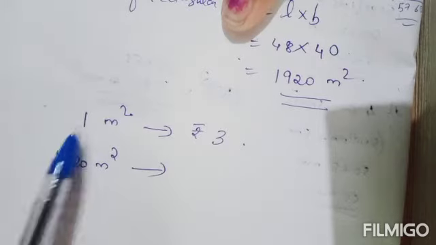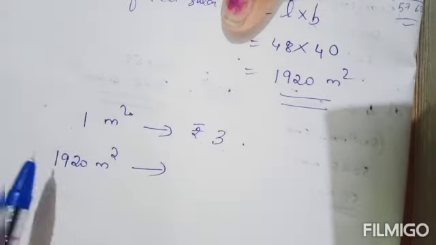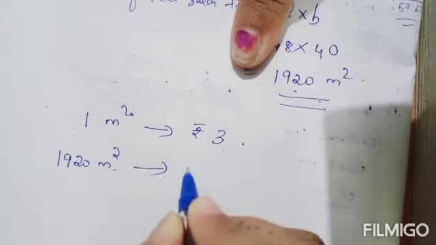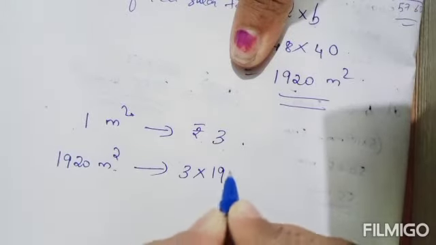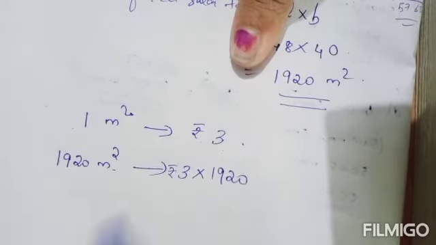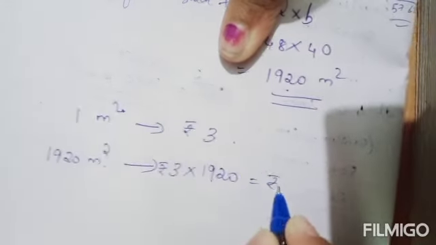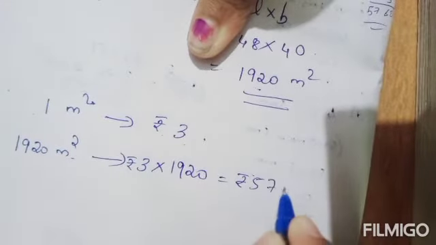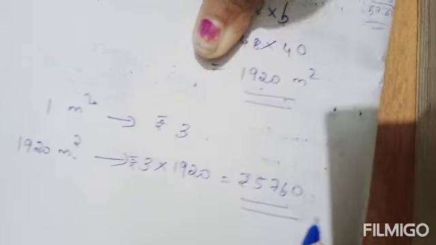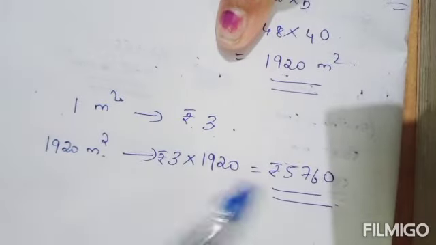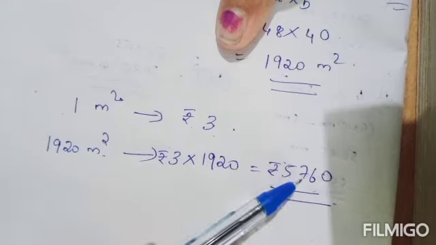For 1 meter square it is rupees 3, so for 1920 meter square you can multiply these two, 3 into 1920. This much rupees it will be. So you will get rupees 5760. Okay, this will be the total cost of leveling the field at the rate of rupees 3 per square